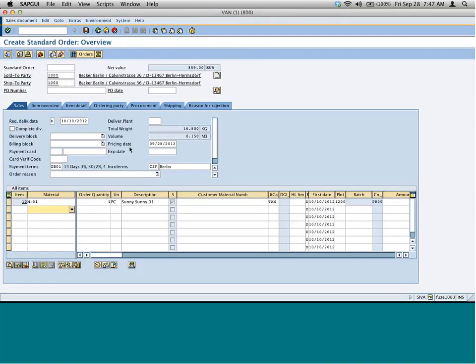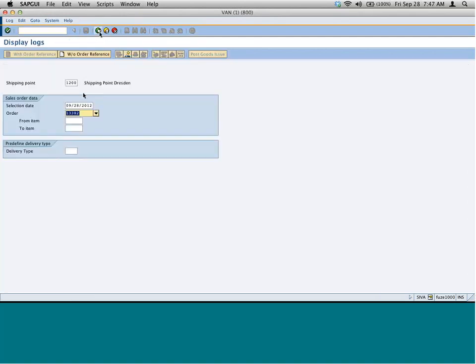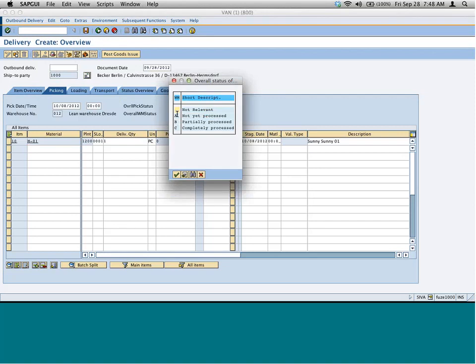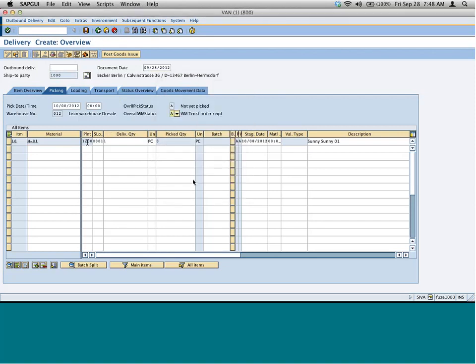Let me try to deliver it. Picking quantity will be grayed out in the picking section. Why? Because it says A. Why does it say A and not plant? Because plant 1200 is associated to a warehouse.